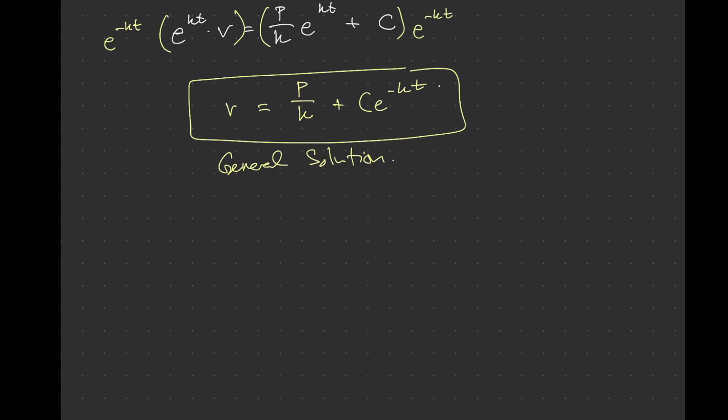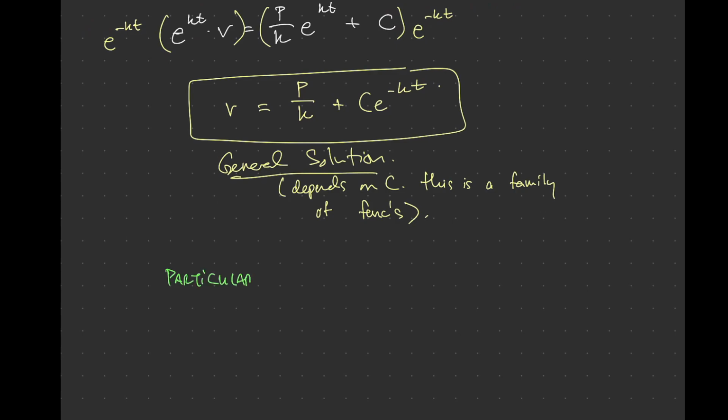Why is it a general solution? Because it depends on a constant c. This is a family of functions. So it's actually infinitely many functions that solve this equation. And now if we had our initial condition for a particular solution that we care about,